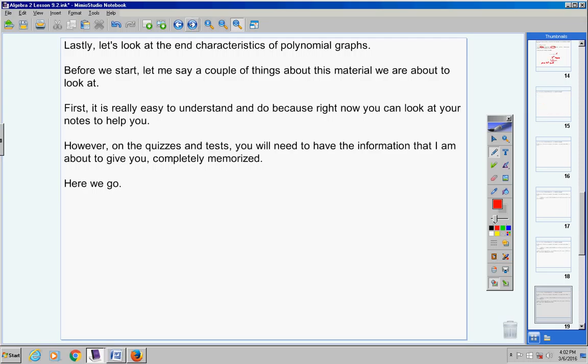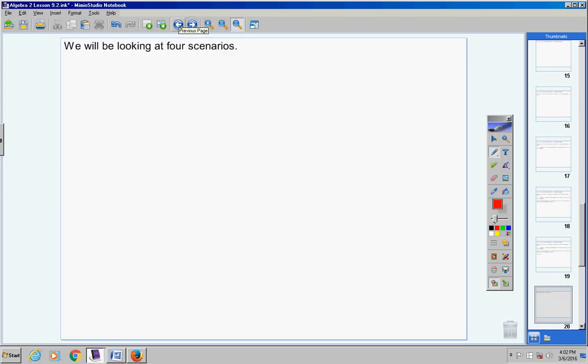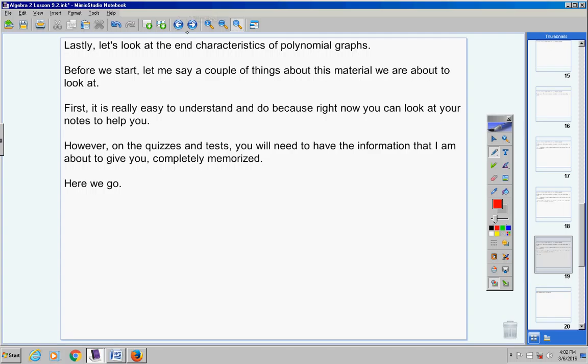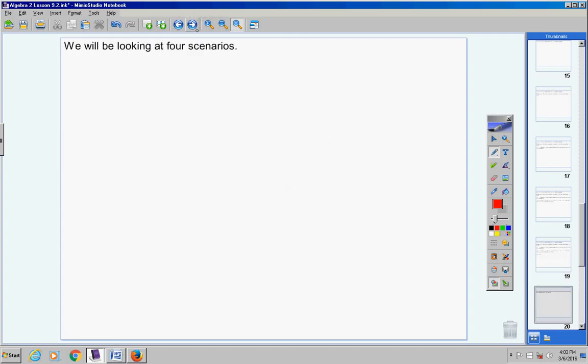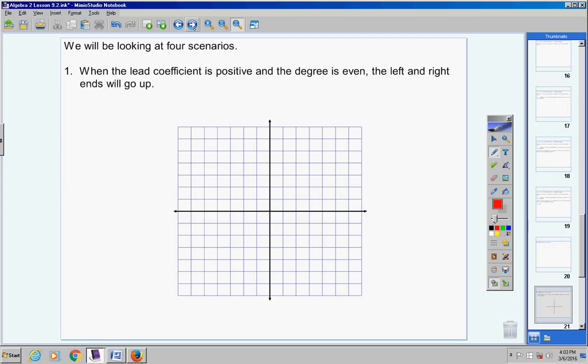Okay, here we go. Now, before I get into this, I want to say something to you. Well, let me cover that in a second. Let's continue on. We are going to look at 4 scenarios, so be ready to label these in your notes. 1, 2, 3, and 4. Here's the first scenario. Write this down, please. Scenario number 1. When the lead coefficient is positive and the degree is